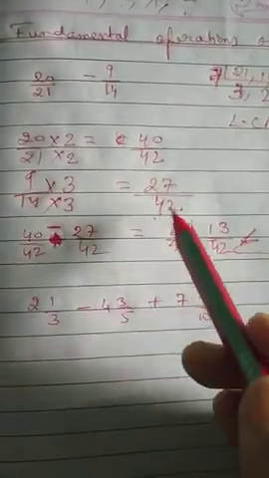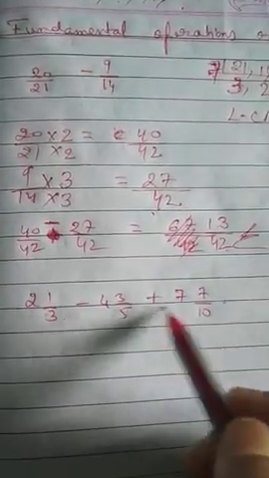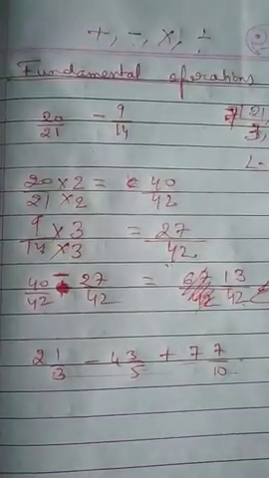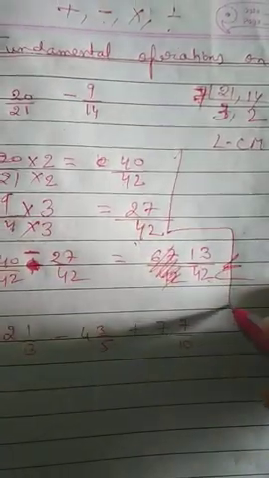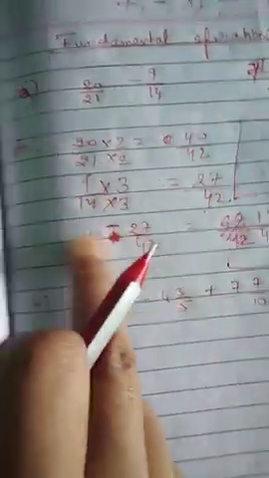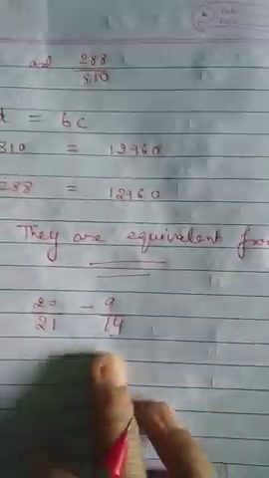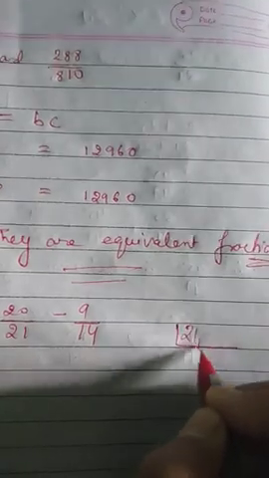Okay, first we make the denominators the same. If there are big numbers like this, or 2 or 3 fractions, 3, 4, 5, 6, then also this method is okay, but you should learn one more method which is very, very important and you will have to apply in your further classes. I am going to solve the same question by that method to make you understand. Very simple. 20 by 21 minus 9 by 14. Suppose this is the question. First of all, we will take the LCM. So right now we have taken the LCM.